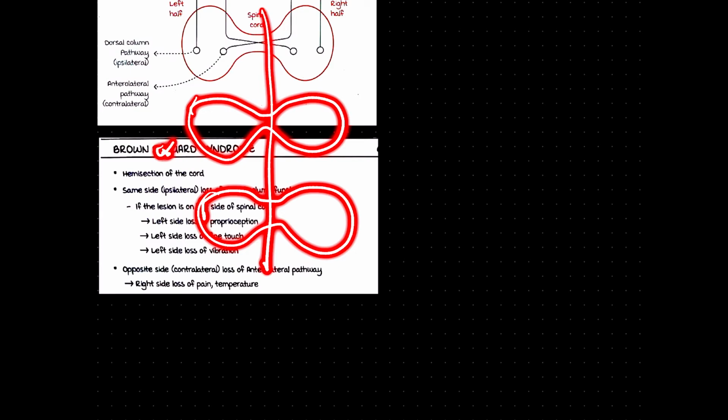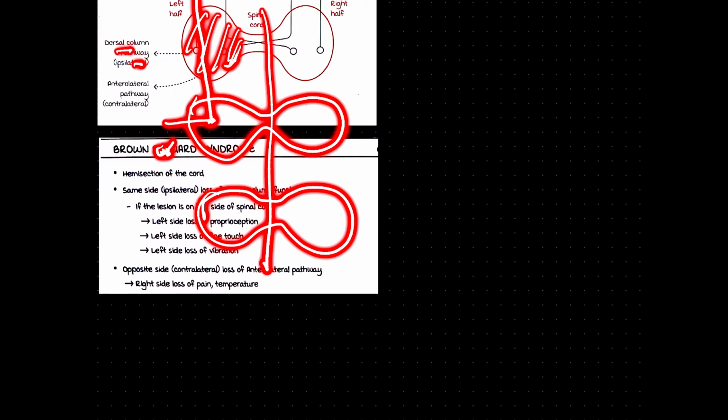Now in this level, the dorsal column tract that are present in this spinal cord need to ascend upward. While ascending upward, there is damage in this region, because of which, on the same side, there will be loss in the ipsilateral pathway, such as the loss in function of dorsal column pathway, right? As you can see. Now another thing, talking about the same side,